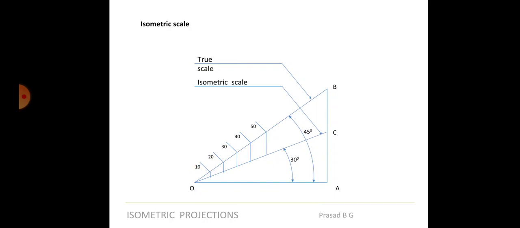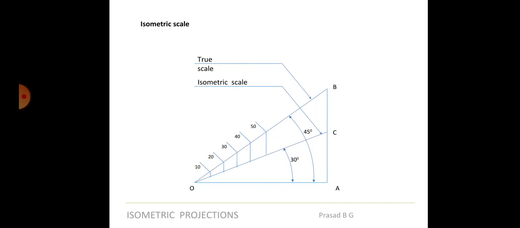Alright, so this scale is applicable for all the values, isn't it? You need not multiply every time, you can just use this distance. So whatever true length is there, take the true length, keep it on this 45-degree line, just drop a perpendicular to the 30-degree line, and that distance if you measure, it will be ISO scale. So please remember, if you draw a line at 45 degrees and mark the actual values, it's true scale. From there, if you project it downwards to a 30-degree line, then that is called ISO scale.